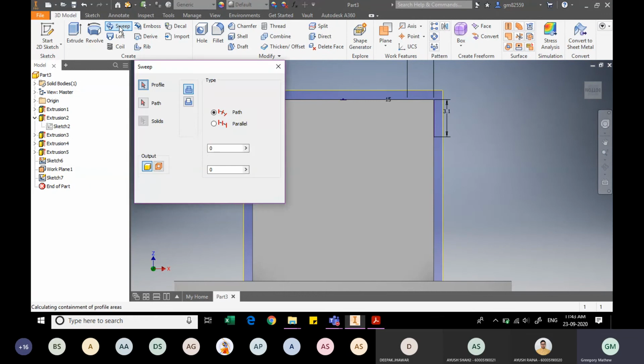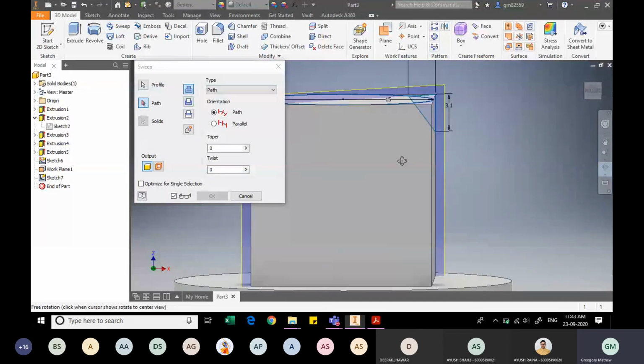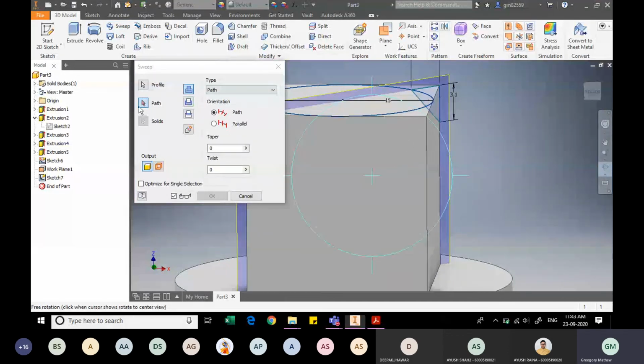So we will use the sweep command now. In the sweep command, the first step is we need to show the profile. So for the profile, I will select this triangle. Next we need to show the path along which it is to be revolved, but the path is not visible currently. So I will slightly revolve or rotate my component. Yeah, and now my path is visible and I will select the path.